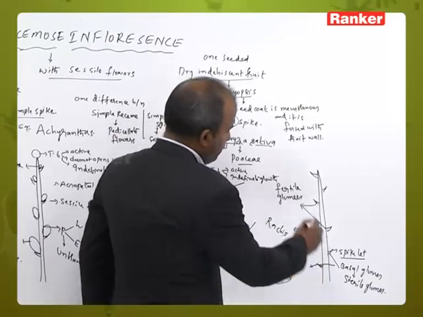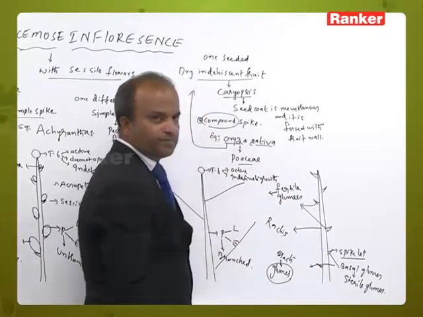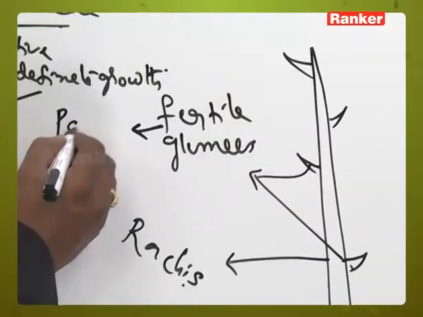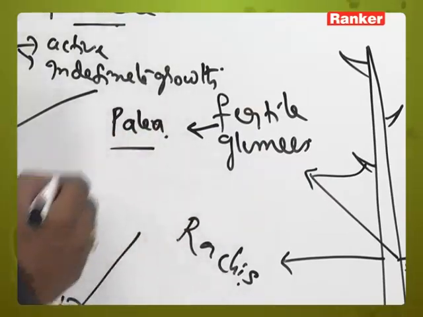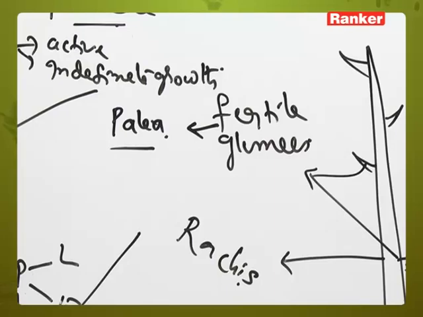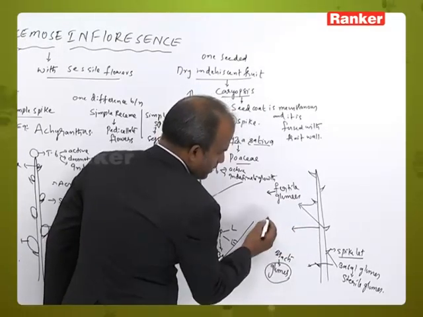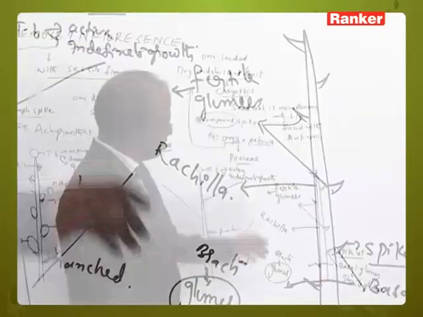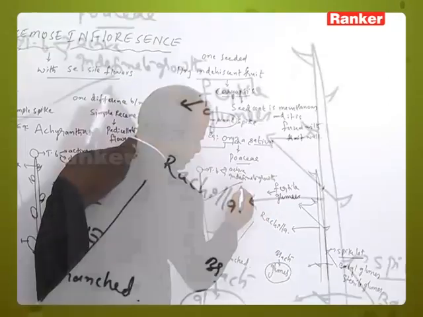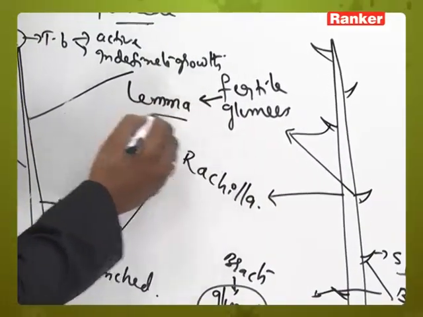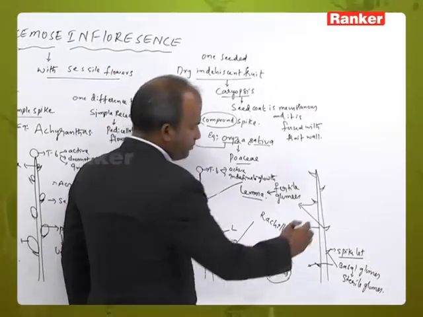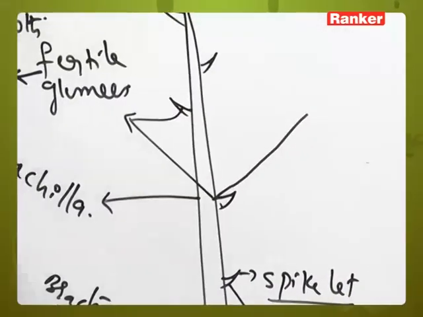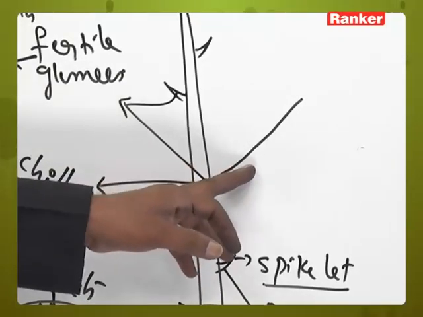Now, these fertile glumes are called palea. The main axis of the spikelet is called rachilla. And here the fertile glume is nothing but lemma. And from the axil of the fertile glume, that is the lemma,